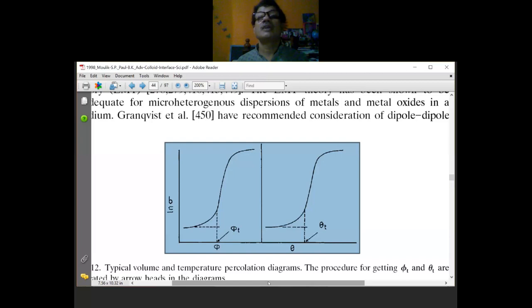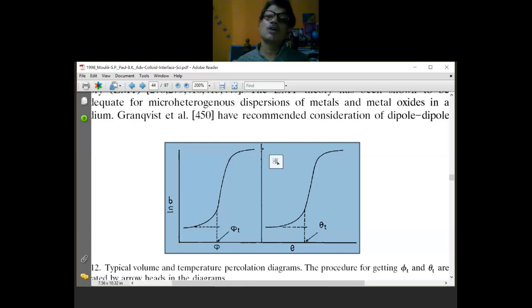dispersed phase, here water, or simply if I increase the volume of the water pool, what would be happening? I would expect a mild increase in the electrical conductance, but after a certain threshold volume, the electrical conductance will sharply increase. This is called the threshold volume fraction. And here it is said that it increases almost 1000-fold.